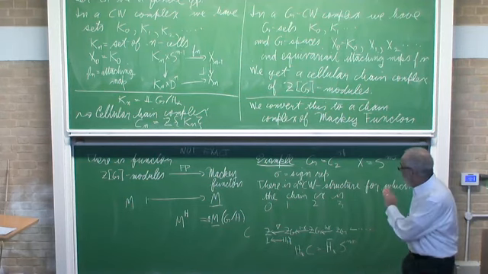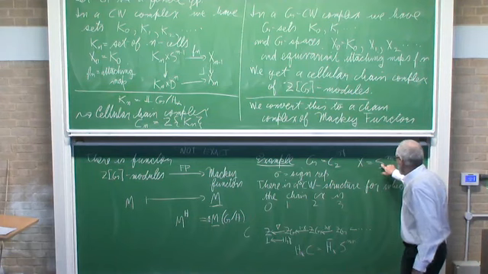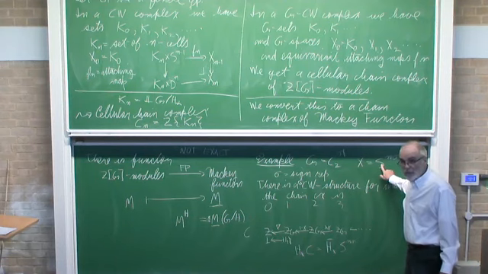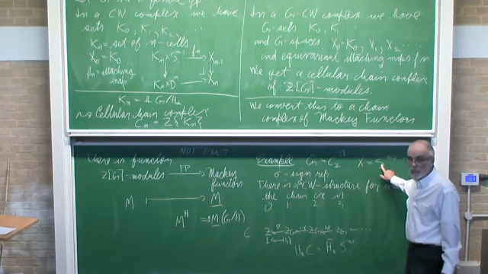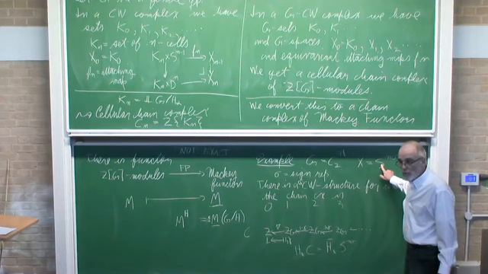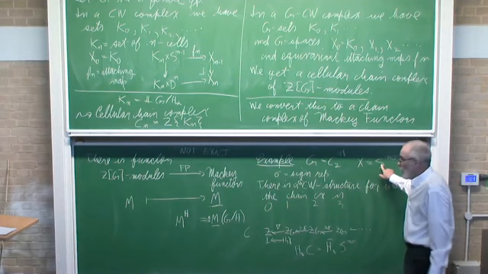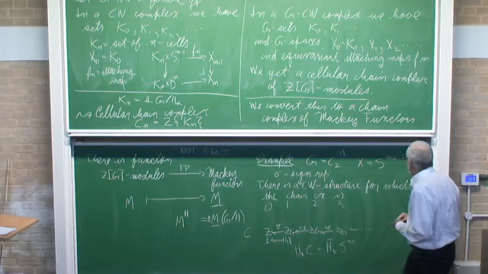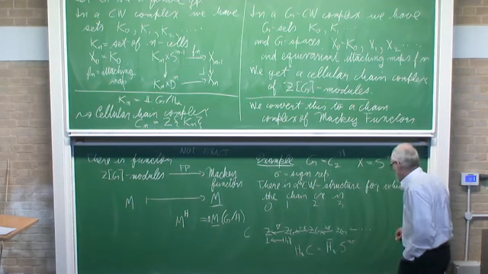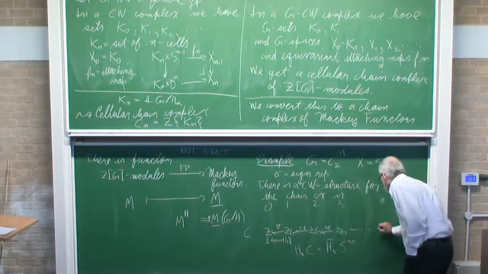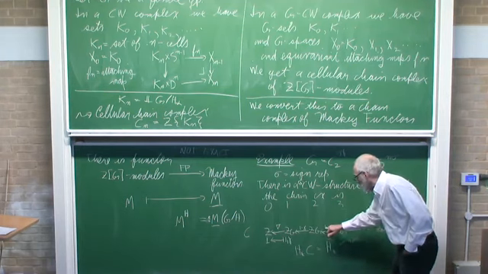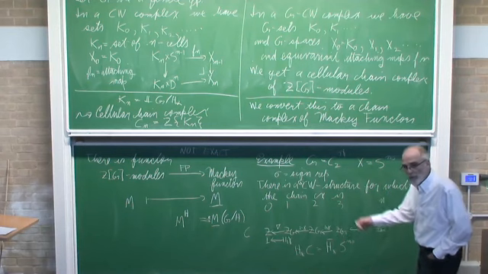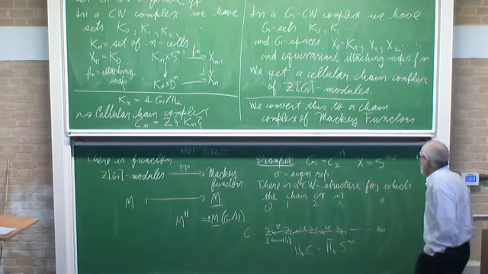Okay, but let me point out, the orbit space of this is not RP. This is not S^n with the antipodal action. This is the one-point compactification of R^n with the antipodal action. So it has a north and a south pole that are fixed by the action. You haven't told us how this stopped. Well, it stops at the nth stage, and the maps are alternately 1 minus gamma and 1 plus gamma until you run out of room. Yeah. Okay, now,